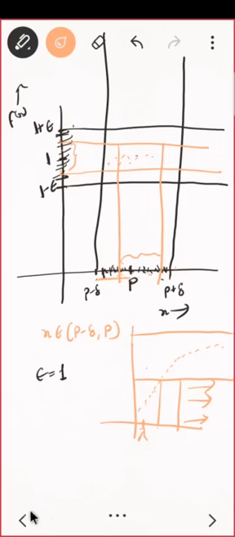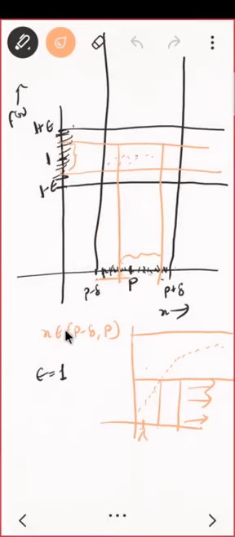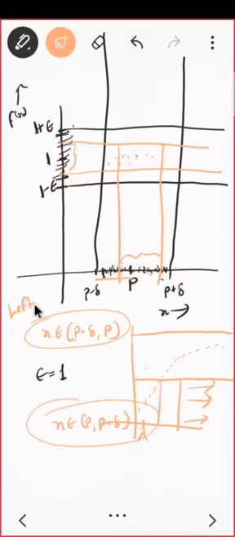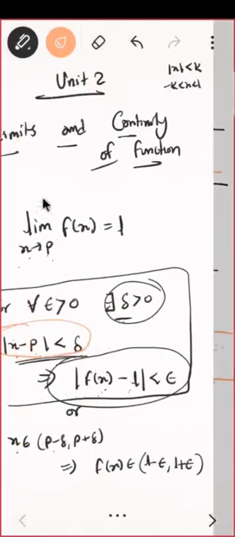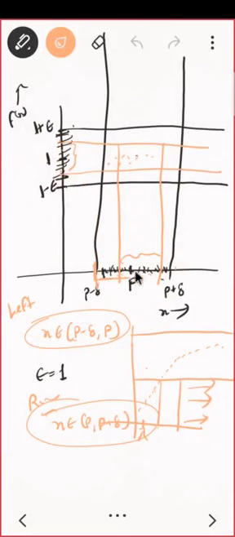So in the definition of limit, if you replace this part by this, then that is called the definition of left limit. And if you replace that same thing with this, x belongs to p comma p plus delta, then that will be the definition of right limit. This is left limit, this is right limit. Same definition, just replace this part. See, I am taking mod x minus p less than delta. This gives the condition on the whole interval from here to here, but I am breaking it. P minus delta to p will be my left limit definition, and p to p plus delta will be my right limit definition.